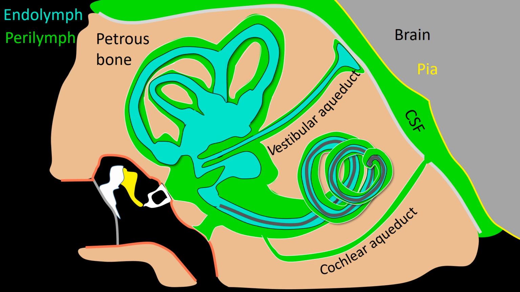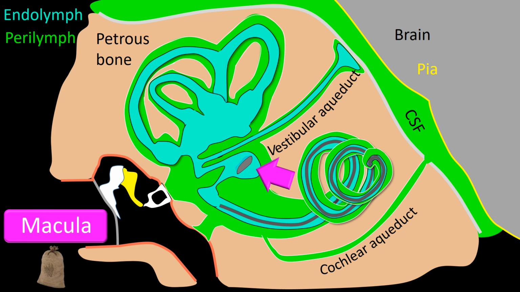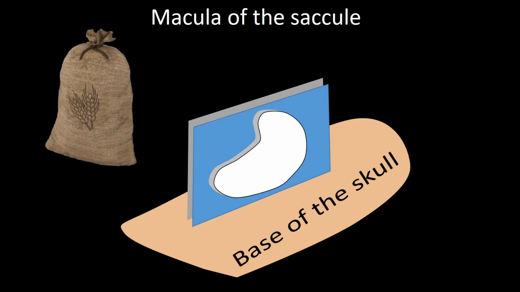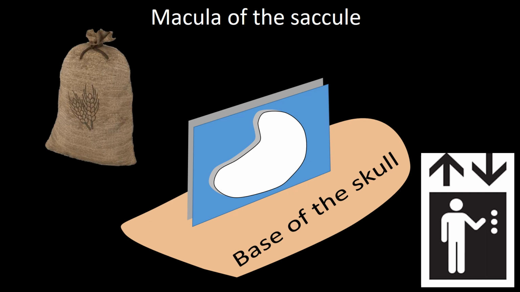Unlike a single neuroepithelial organ for vision, the retina, or a single neuroepithelial organ for hearing, the organ of Corti, balance neuroepithelial organs are scattered in multiple places. The neuroepithelial organs in the utricle and saccule are called otolith receptors or macula. The structure I have just added is the saccular neuroepithelium or macula. The macula of the saccule has a vertical orientation, thus it is perpendicular to the base of the skull. The macula of the saccule mainly responds to down or up acceleration or deceleration, as when we are riding